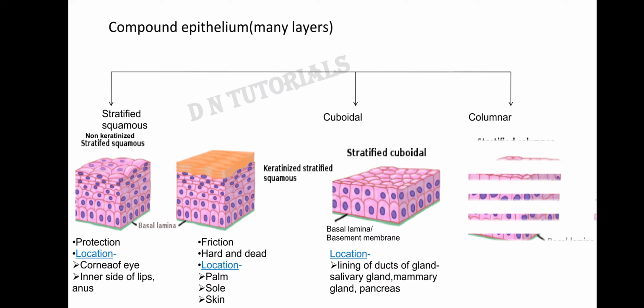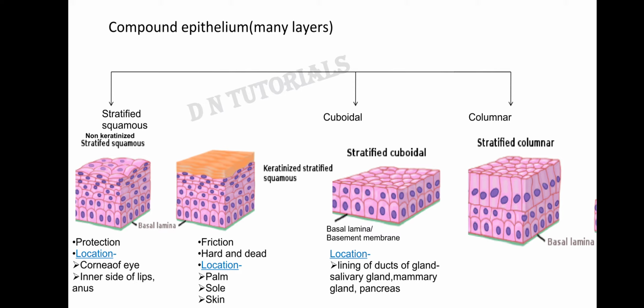Columnar epithelium, stratified columnar epithelium. Cells are just like a column, but since there are many layers present, it is called a stratified columnar epithelium. Okay, see, the classification of simple and compound is almost the same. Just there is a difference of one single layer in simple and many layers in compound. Rest, the structure is the same. Stratified columnar epithelium is present in all those places where you have maximum friction, like the conjunctiva.